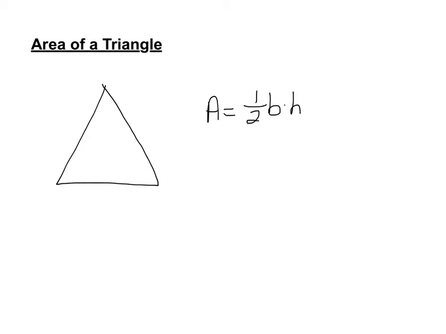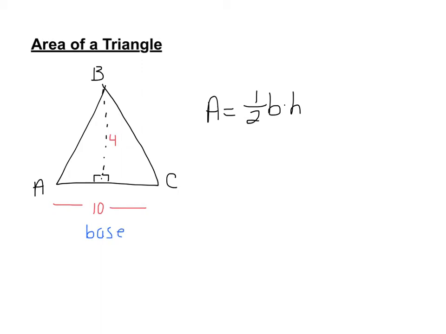So if I give you this triangle right here, triangle ABC, and I make a height, so I'm going to drop down a perpendicular here, and I'm going to say that this base is 10 inches. And I'm going to say the height is 4 inches. So how would I find the area? The area would be 1/2